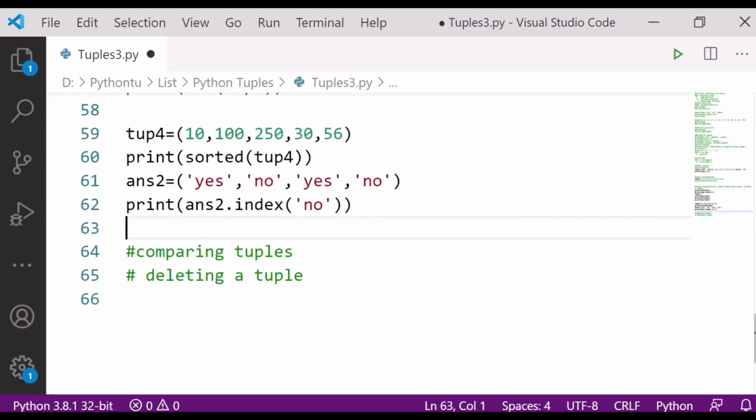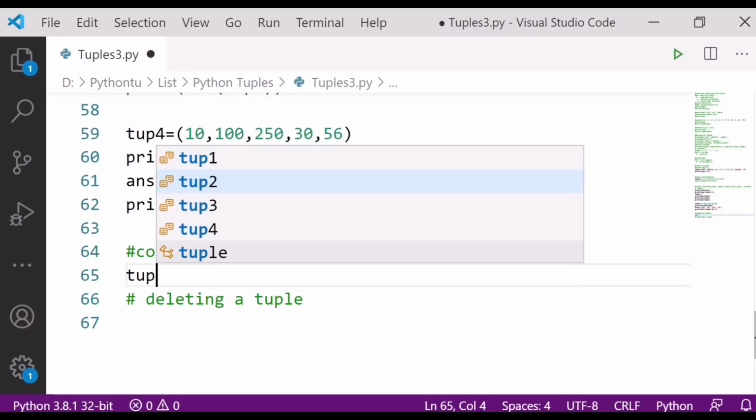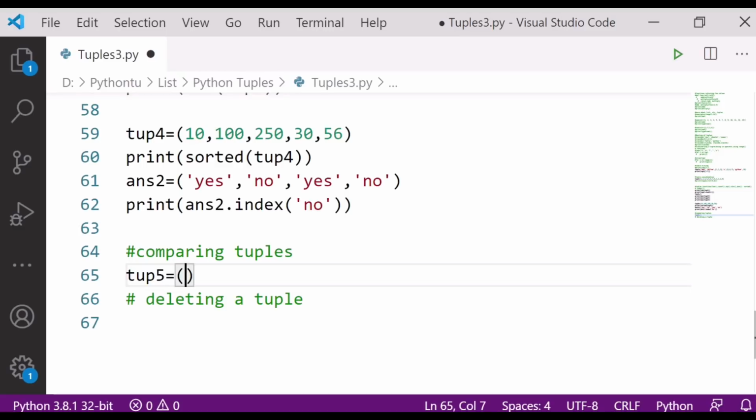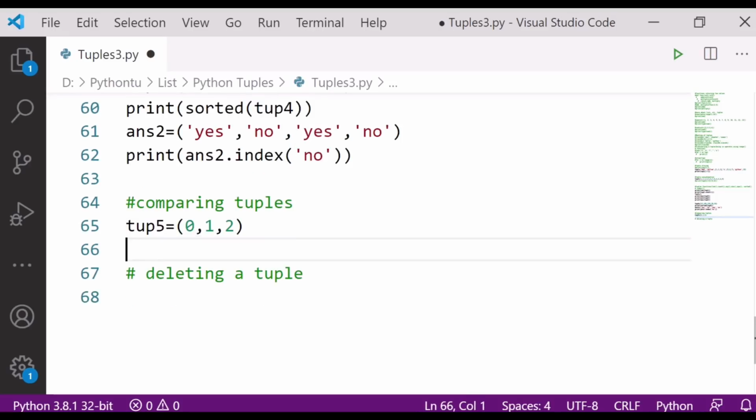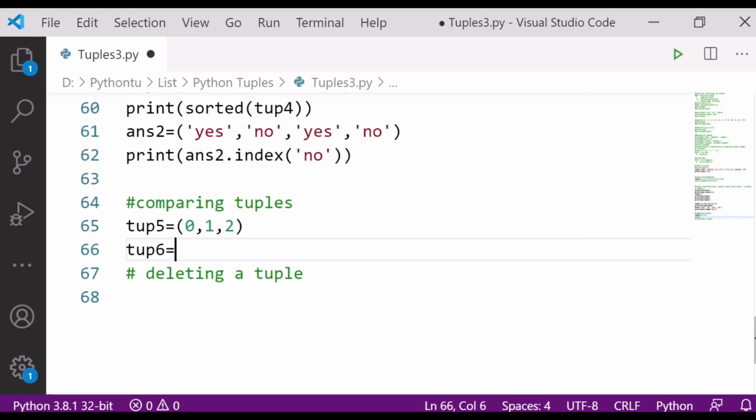Clear? So next is comparing the tuples. How to compare the tuples here? Let's see, just suppose I have here tuple 5 is equal to 0, 1, 2, and then tuple 6 is equal to 0, 3, comma 4.